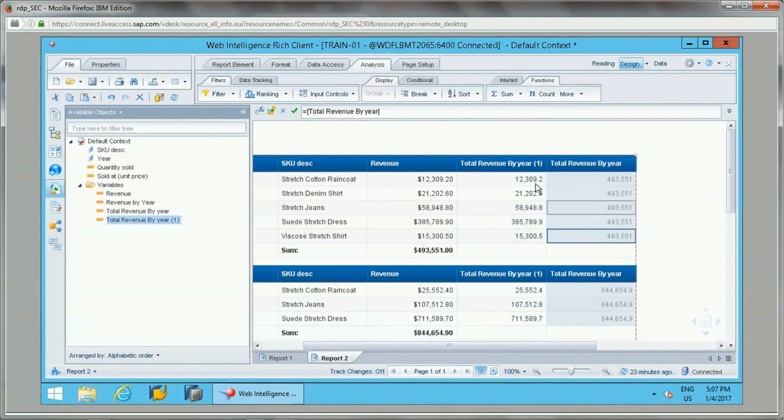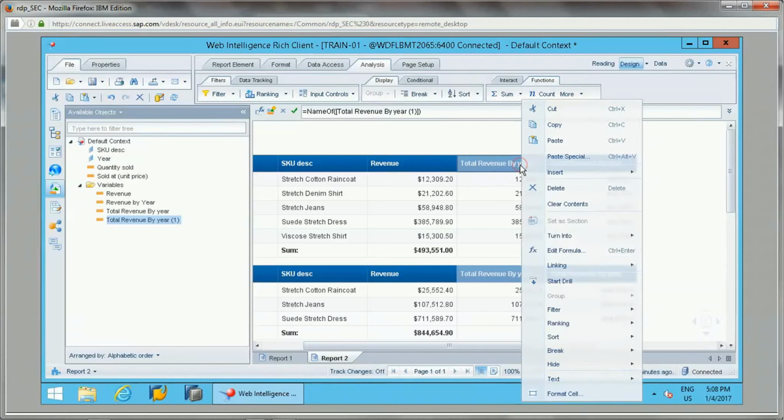This total revenue by year is outputting the data by year. Though in a table column we are getting this value on the top side, generally this is required when I want to compare. Let me remove this.